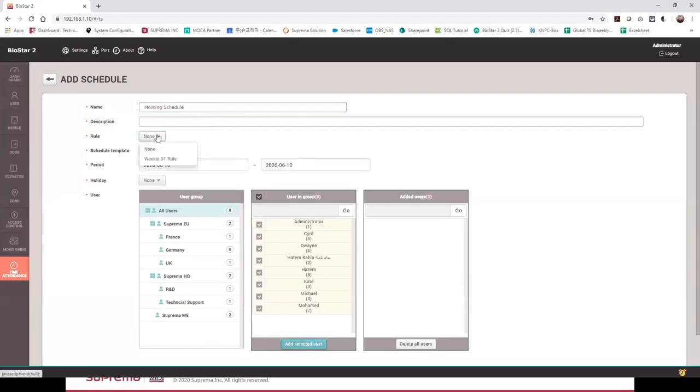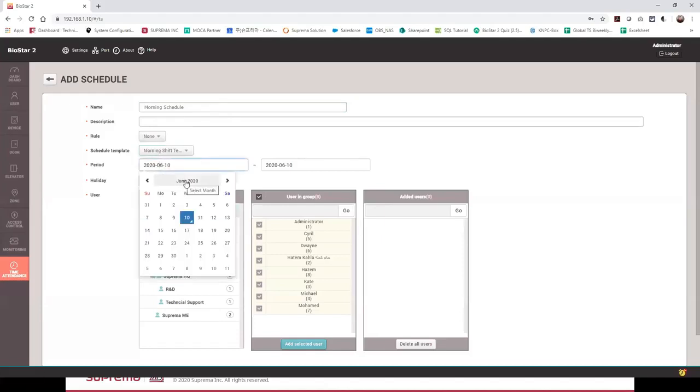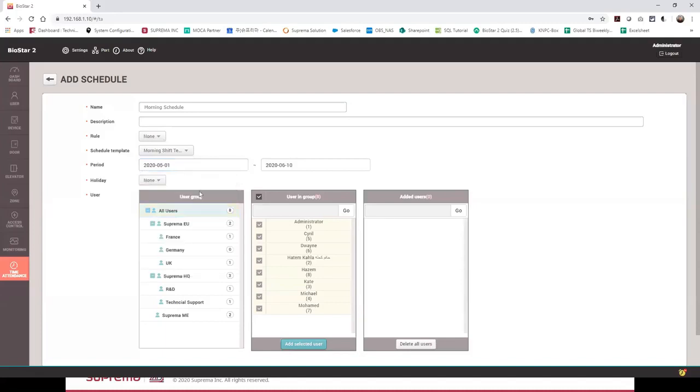I'm going to say this is the morning shift template, and it is going to start from May. You can press here again to have a range of years. So we are in the range of 2012 until 2023, and I'll pick 2020, and May 1st. So 1st May. And it's going to end, I will say,